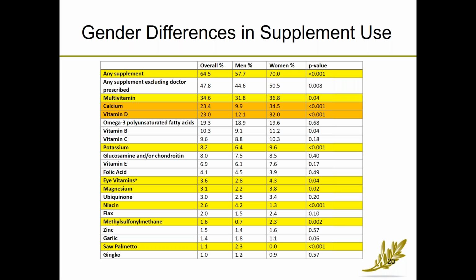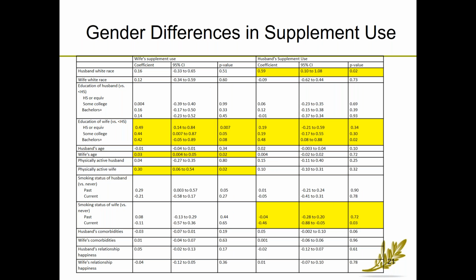So in the interest of time, I will just show very briefly these unpublished analyses looking at the relationship between gender and supplement use, which Dr. Cato alluded to. But in this case, we're looking at the differences in supplement use by couples. So I'll go straight to this kind of innovative analysis that we can do within NSHAP, which is to use couples and to look at how wives affect husbands and how husbands affect wives in terms of the